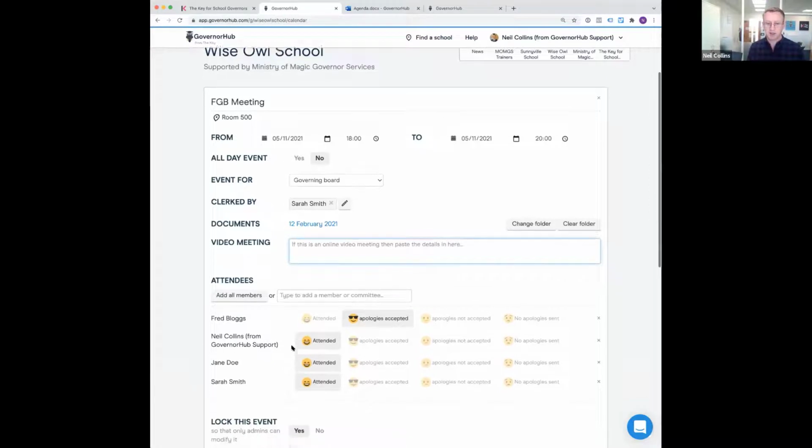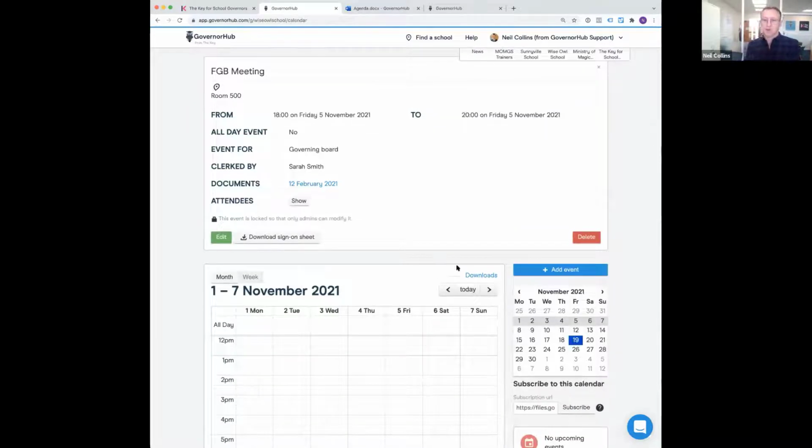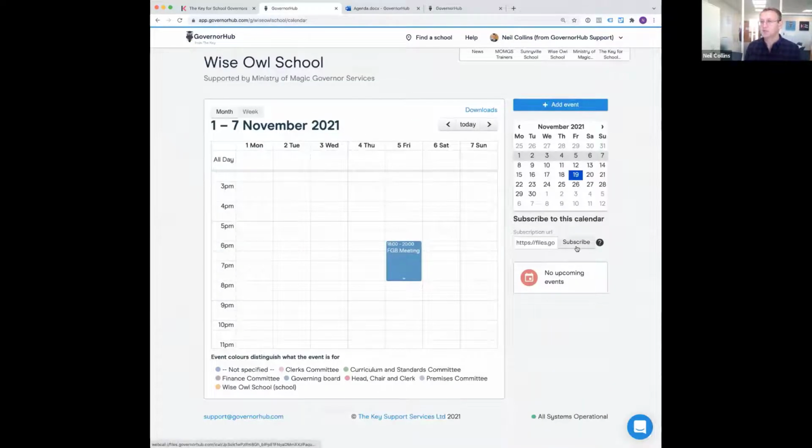And I can also track who's coming to that meeting, and after the meeting, I can fill in who's attended. That attendance, I can download now for the whole academic year as a simple report, which gives me the information I need to update the school website in terms of attendance at meetings. You can also link that out to your calendar. So if you've got a desktop calendar, if you use Outlook or Gmail, or you've got an iPhone calendar or an iPad calendar, you can add this into there. So these governor meetings then appear in your normal day-to-day calendar.